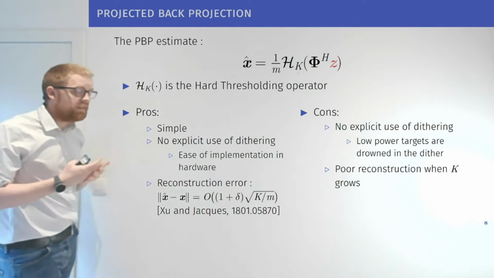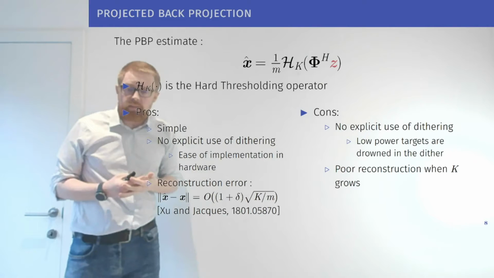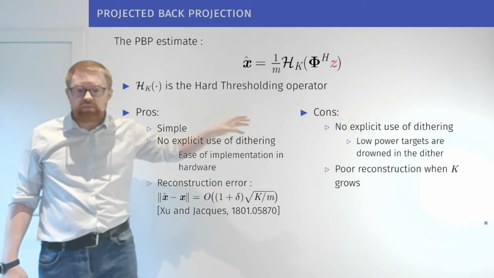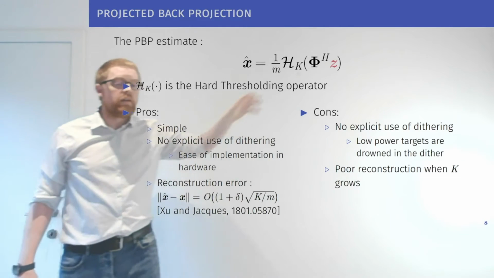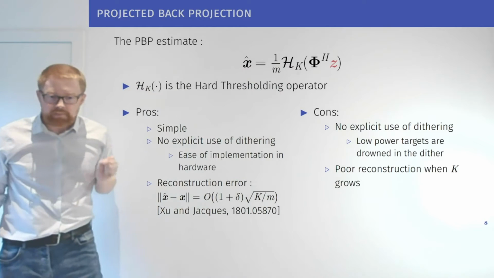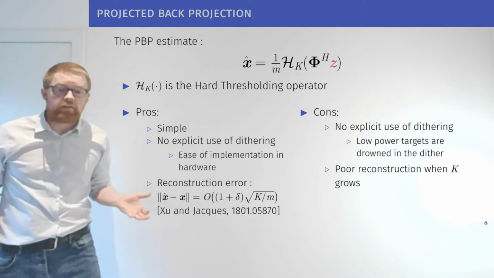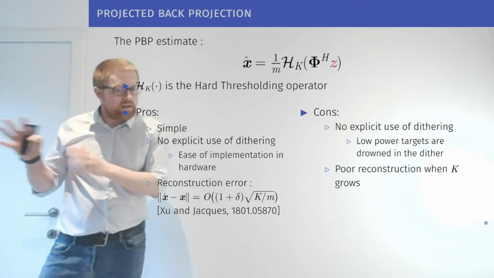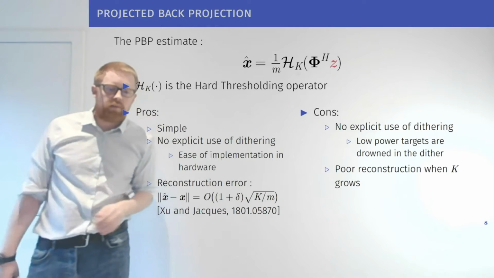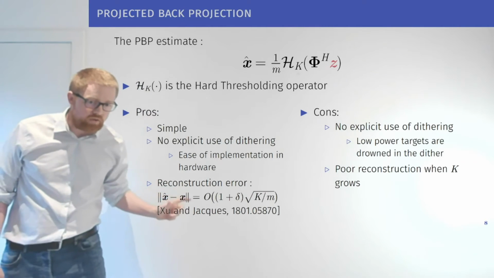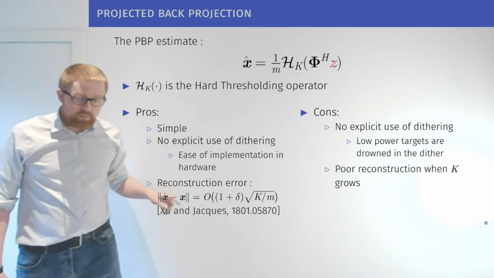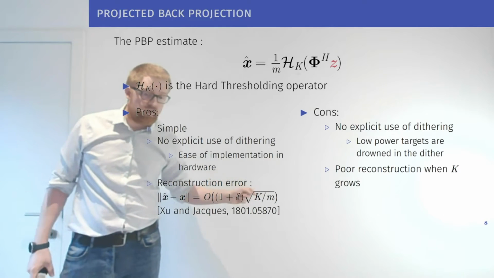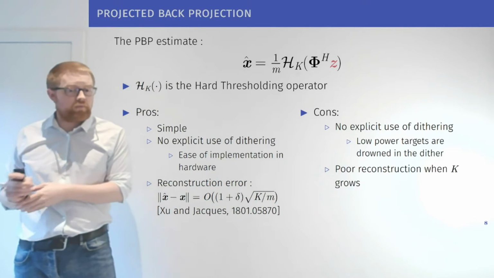And it means that if you were to implement it in hardware, you just need to generate the dithering and apply it to the measurement, but you don't need to control it or measure it to use it in the reconstruction itself. The last big advantage is that this algorithm is one of the few that has a uniform reconstruction for all vectors. Before, there was a situation where you could not really know what was happening, but here, for any sparse vector, the reconstruction will behave like this. Which means that if you want a better estimate, you just need to increase your number of measurements. And this is a big difference with what we had before.